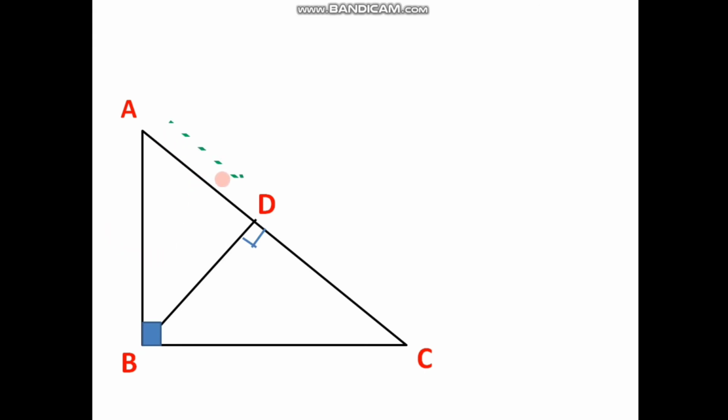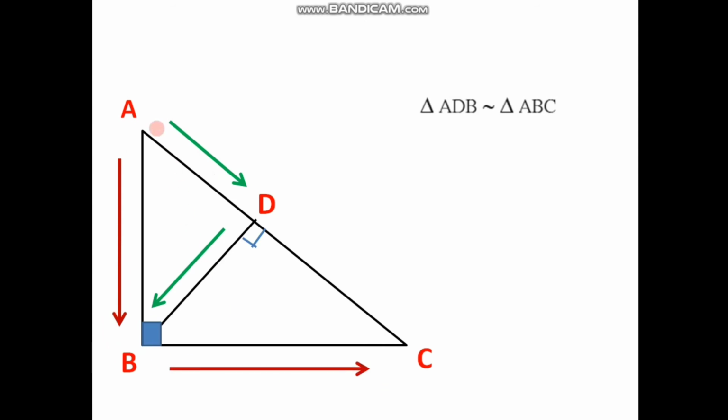For taking the correspondence, we have to start with vertex A. To get the first triangle, we start with A, D, and then from D to B, so as to get triangle ADB. This is the first triangle we have got for this correspondence, ADB. This is similar to the original one, that is, triangle ADB is similar to triangle ABC. So this is the correspondence, the path in which we go to get the original triangle ABC.